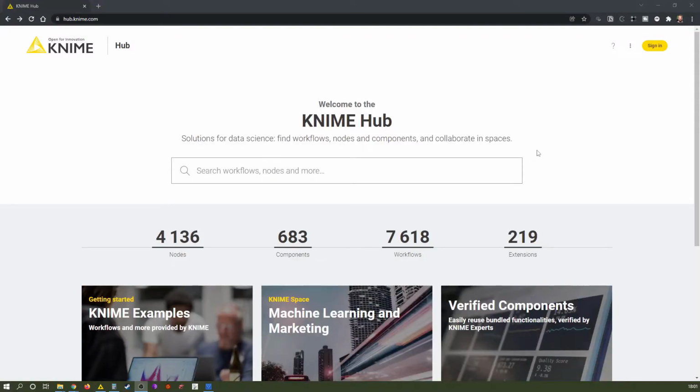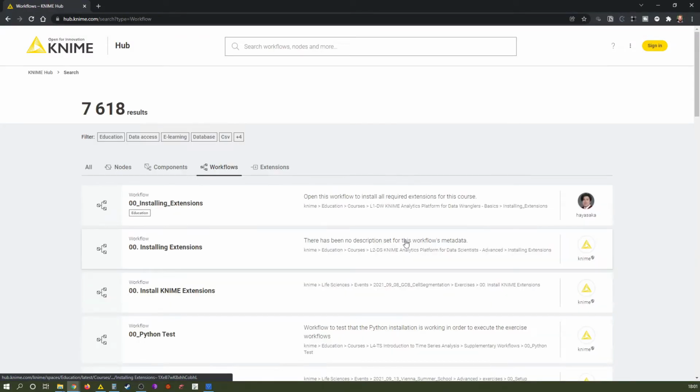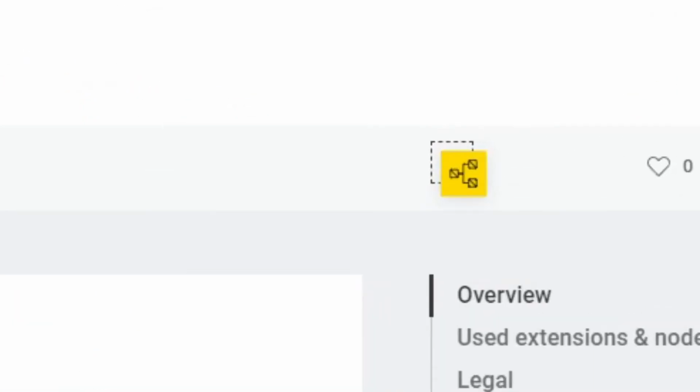Going back to the Hub homepage, you can also see complete workflows. And if you ever see a workflow on the Hub, you can use it right away. But how do you get these KNIME workflows into your local environment? Let me quickly show you. You see this little icon here? Simply drag and drop it onto your KNIME application and the tool will automatically download the workflow and create a local copy for you. Let me just demonstrate this from my own public space with yesterday's tutorial on data types